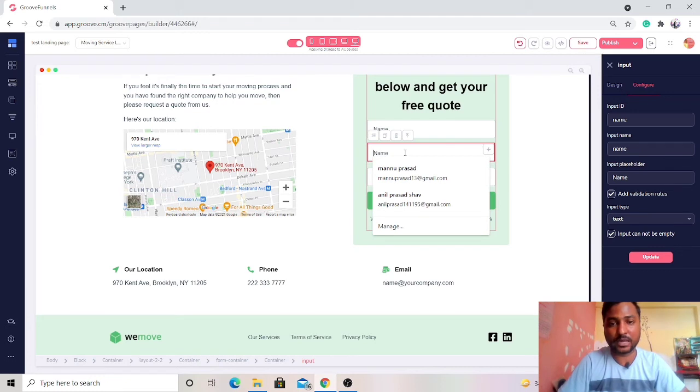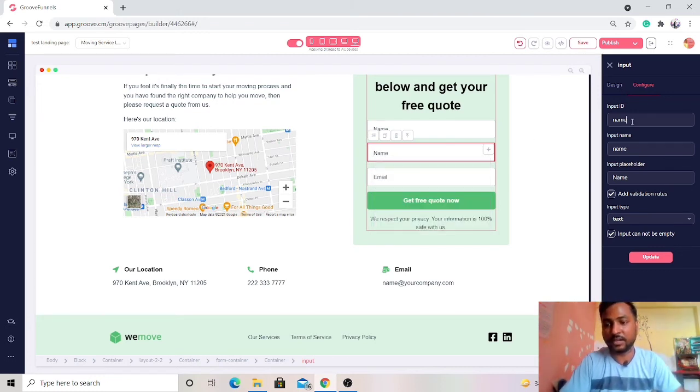So let's suppose I'm going to put it here for the customer in the input ID, that we also need the customer's phone number. Okay, so you can type phone. In all these three areas, the input ID, input name and input placeholder, you have to put phone only.